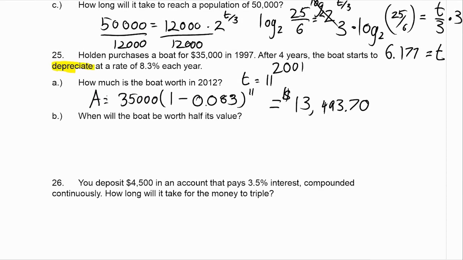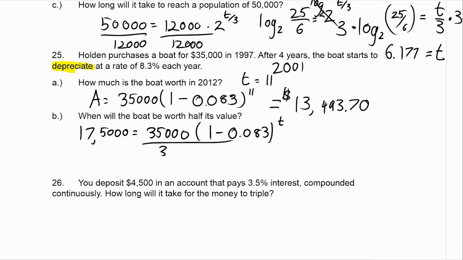When will the boat be worth half its value? So instead of trying to figure out whatever that amount is, we're now going to say it's going to be half of 35,000. So it's going to be 17,500. It's going to be equal to 35,000 times 1 minus 0.083 again to the t power. So this time we're trying to figure out the value for t. So let's evaluate some of this. I'm going to divide both sides by 35,000. And this is actually pretty easy because if you're just cutting in half, it's actually just going to be 0.5